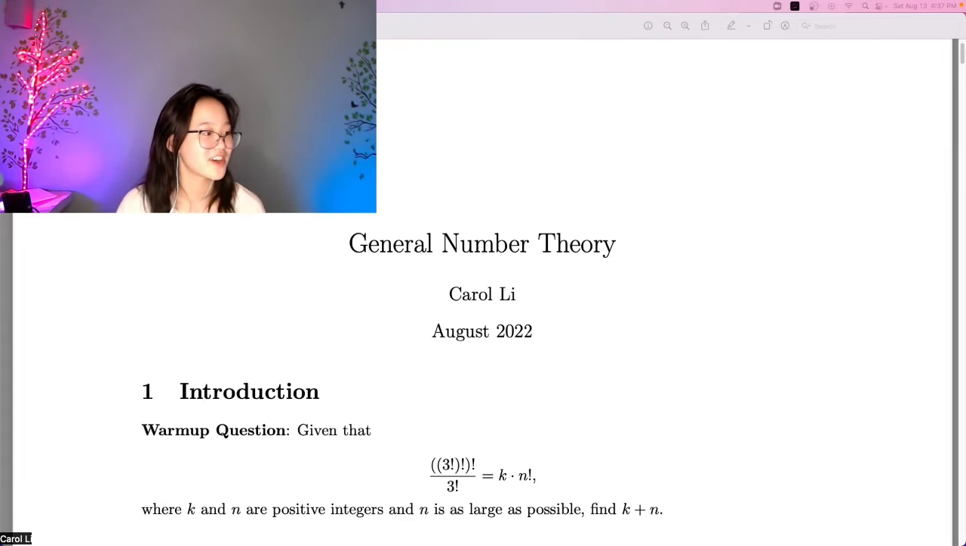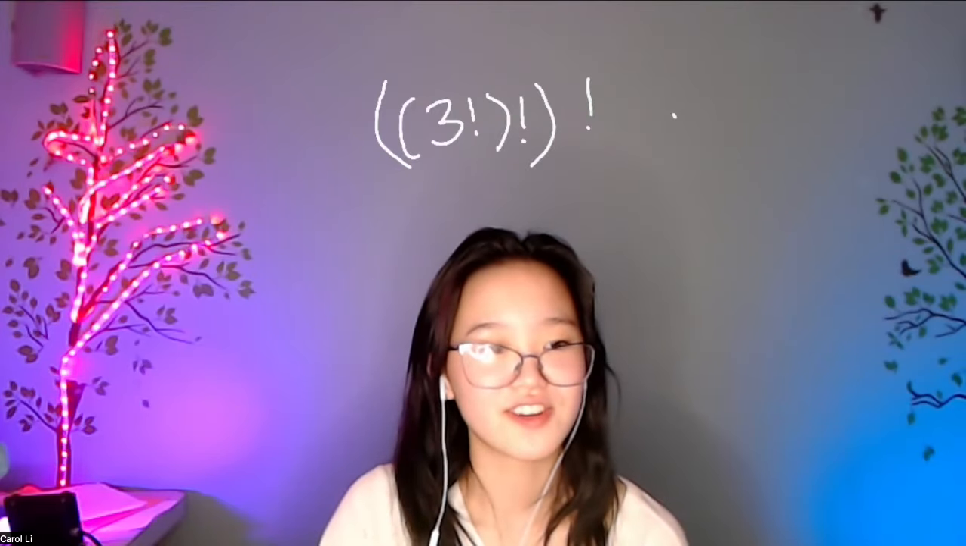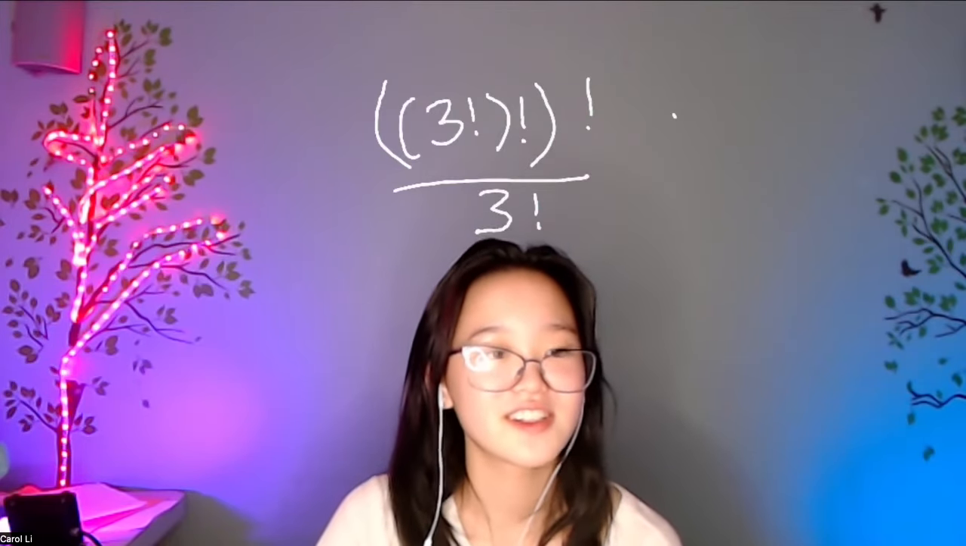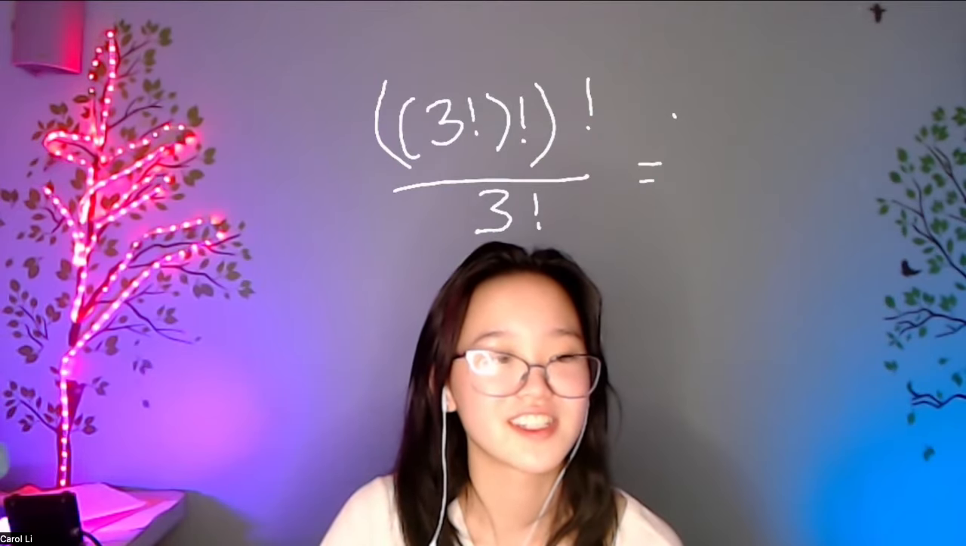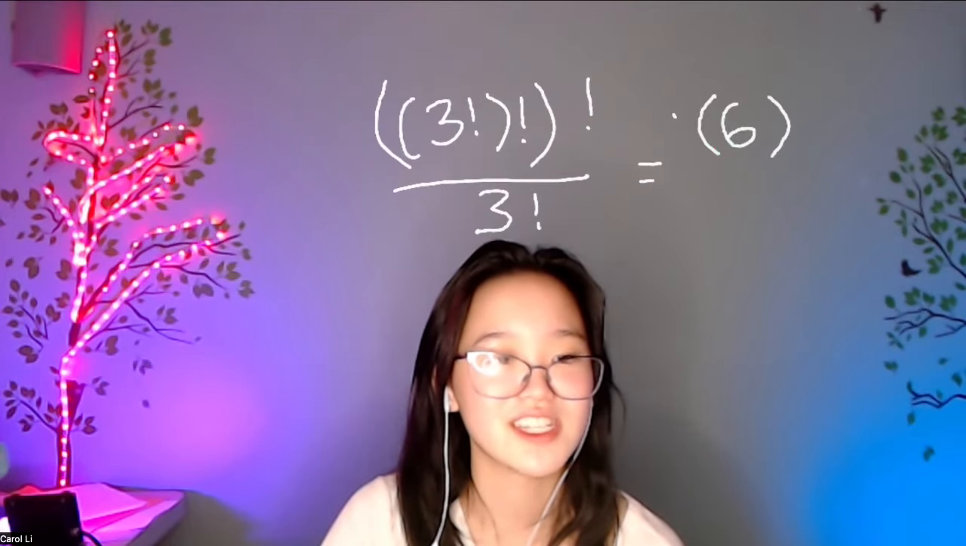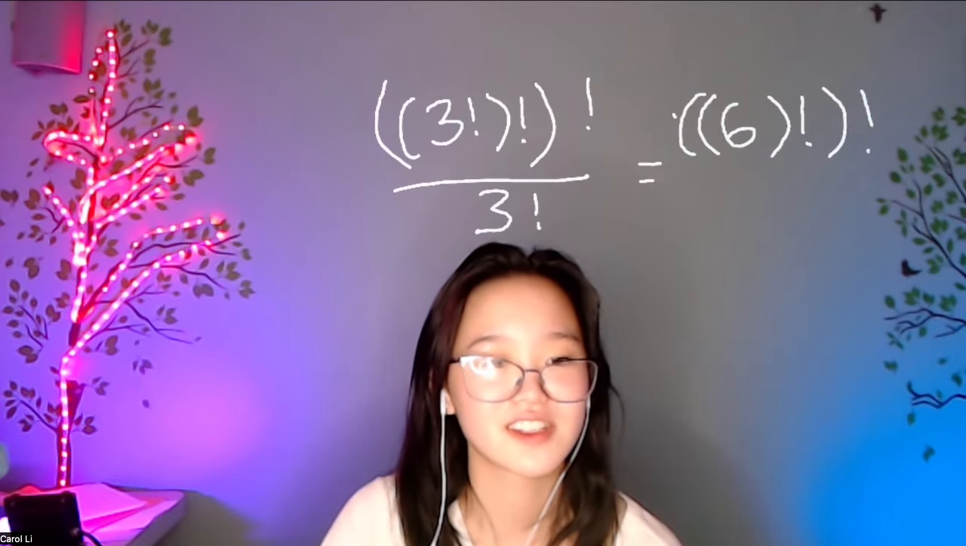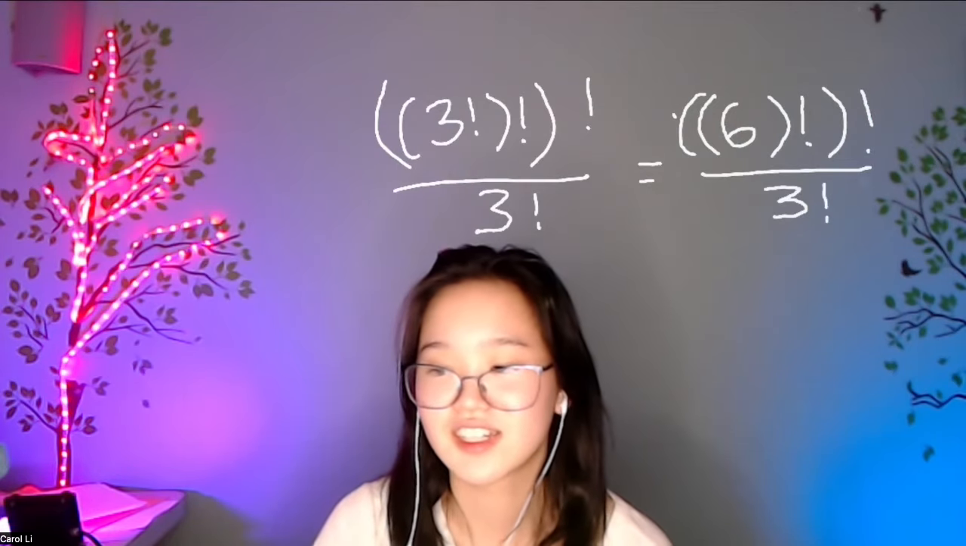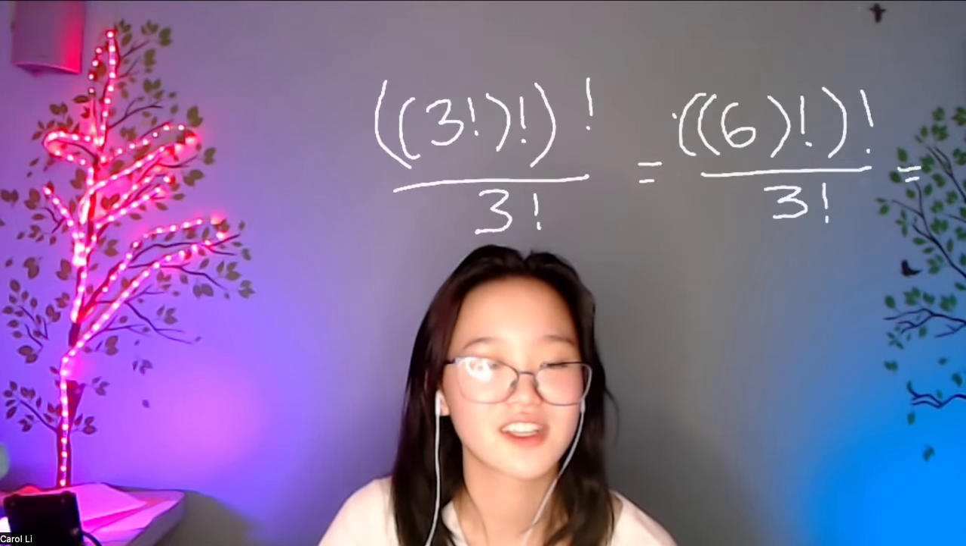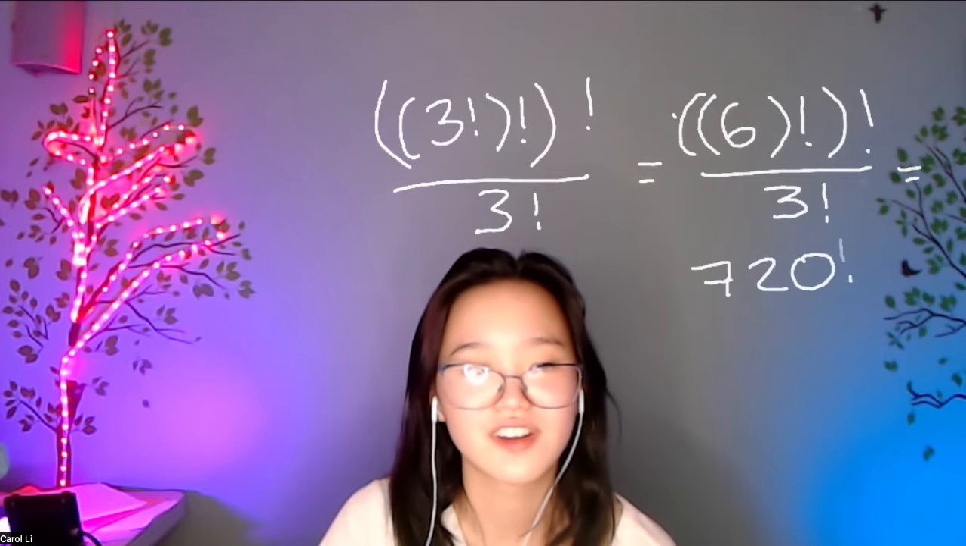Let's go back to me. So the question is, can't see, it's 3 over 3 factorial. So we can just kind of solve for this one. You can just do 3 factorial is 6, and then solve from the inside out. So this, and then you get like 720 factorial over 3 factorial, which is like